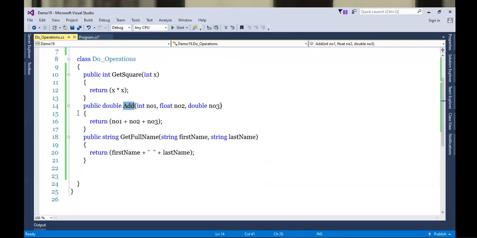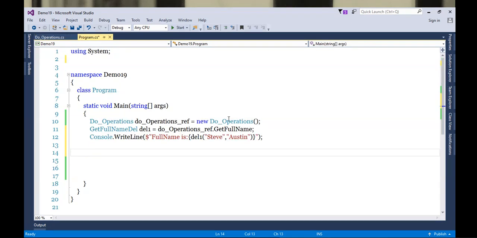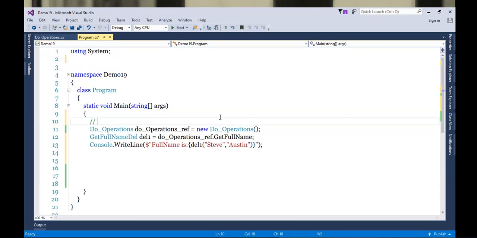So now here, if you see our add method, the code is minimal. It's only one line of code. So instead of writing the add method and adding a reference into the delegate and then calling it, we will simply attach this body to the delegate reference, and this is anonymous method. Okay, so let me give a comment like using delegate. Now let's specify a comment again, using anonymous method.